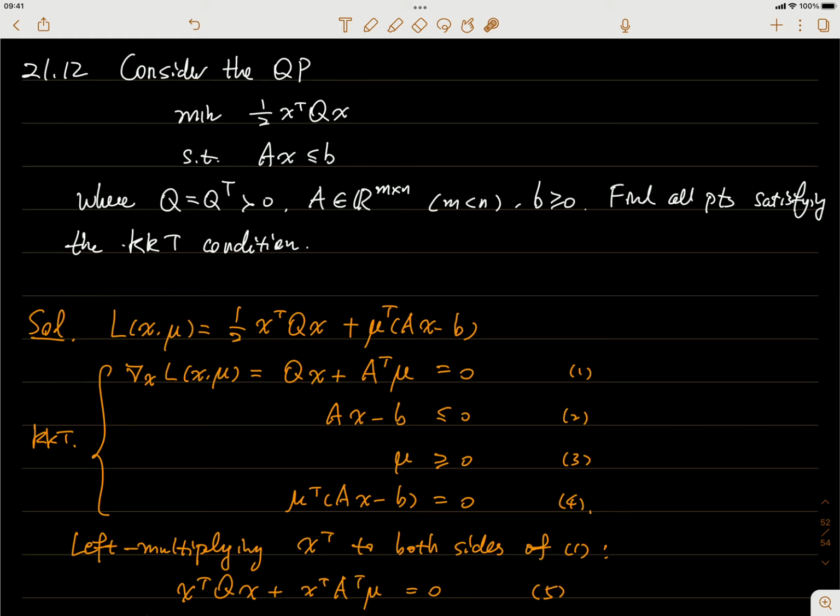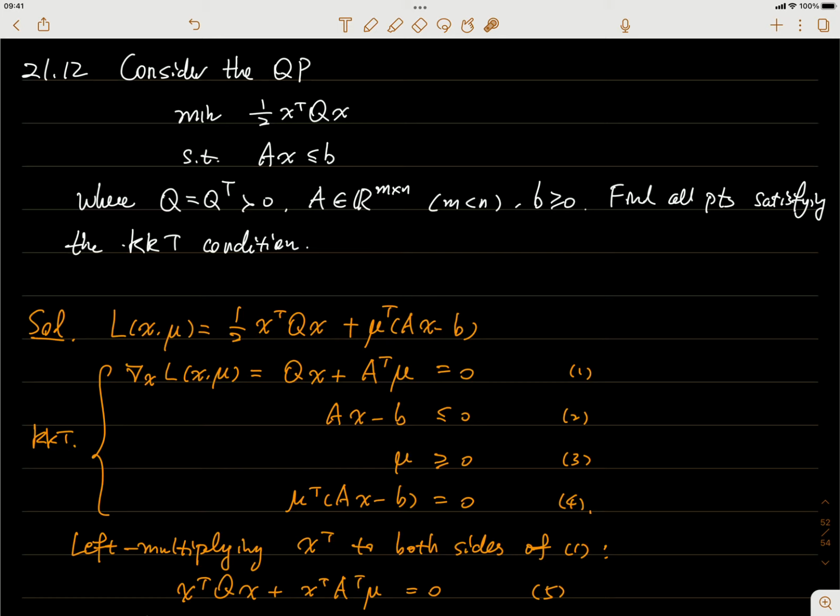Problem 21.12. Consider this quadratic program. Try to minimize this function under the constraint Ax less than or equal to b. Here, Q is symmetric and positive definite. A is this. We need to assume that A is a full rank matrix, but it has more columns than rows. b is a non-negative vector, and the question is to find all the points that satisfy